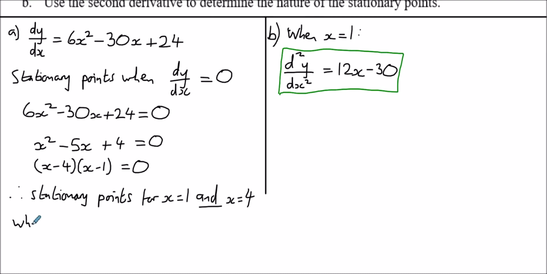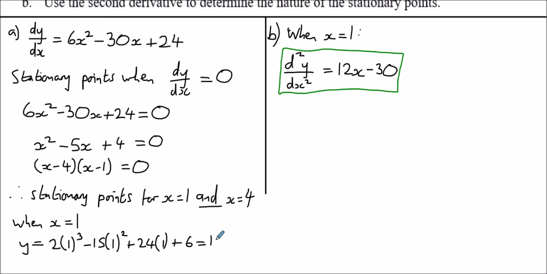So when x is 1, y is going to equal 2 lots of 1 cubed minus 15 lots of 1 squared plus 24 lots of 1 plus 6, which is 17. And so one set of coordinates is when x is 1 and y is 17, and also